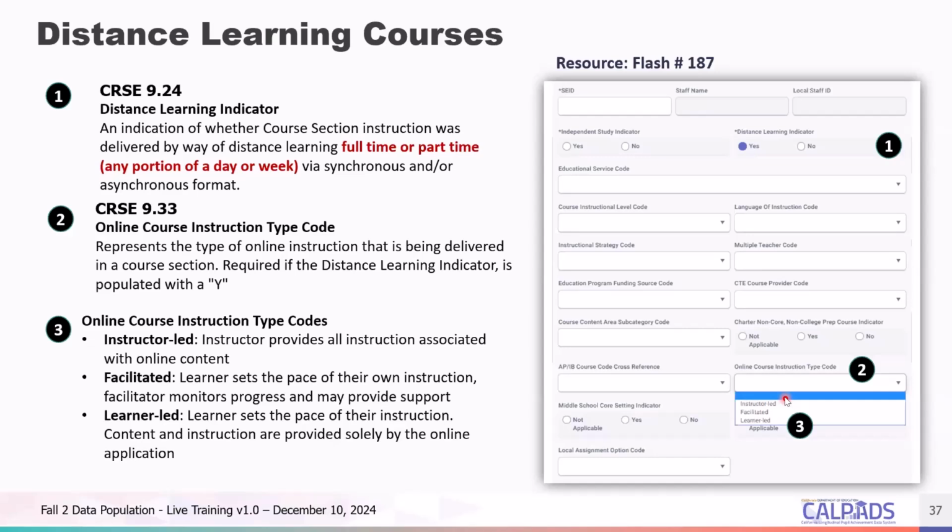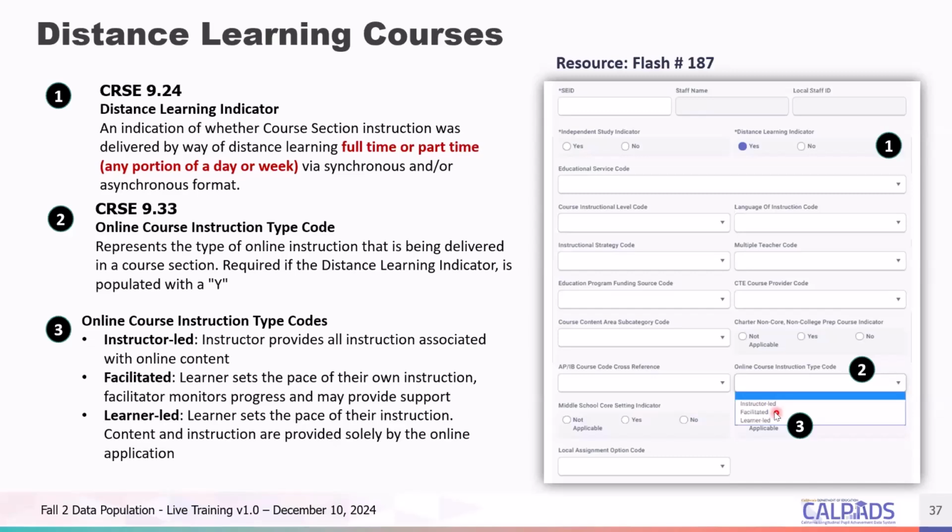The synchronous instruction may occur through various computer or communications technologies, such as Zoom meetings or conference calls, and some portion of instruction may be provided in an asynchronous manner, but the majority or the primary instruction should be provided in a synchronous manner. The next option for an online course instruction type code is facilitated, and this indicates that